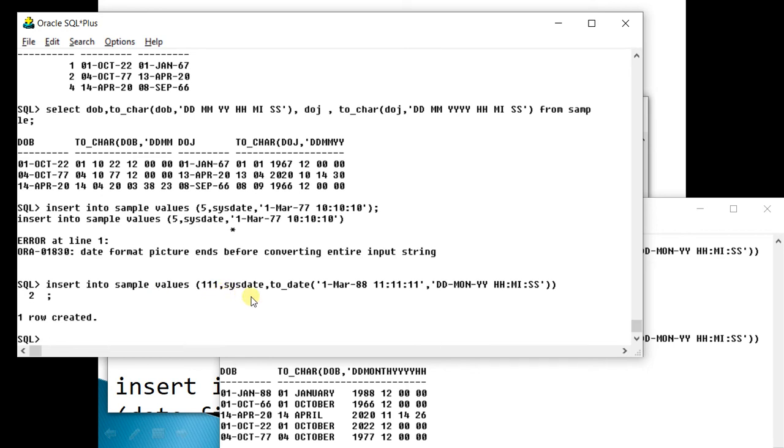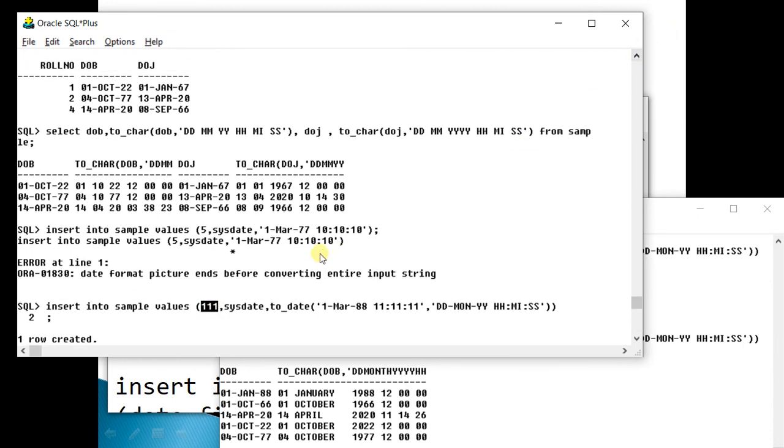Please understand carefully what is happening. This is the first column, roll number. The second column is date of birth, for which I have taken sysdate, so in date of birth, sysdate will go. Now in the third column, I want to enter my time, so I have used a function called toDate. The toDate syntax is to write the complete date the same way, the difference being that this time I have used the toDate function.